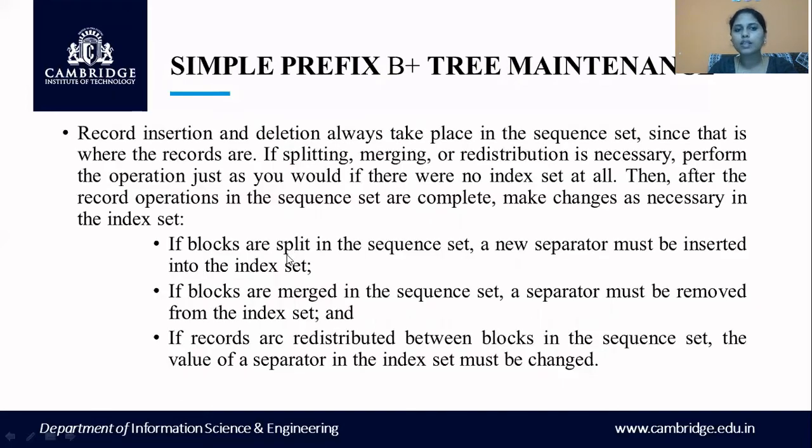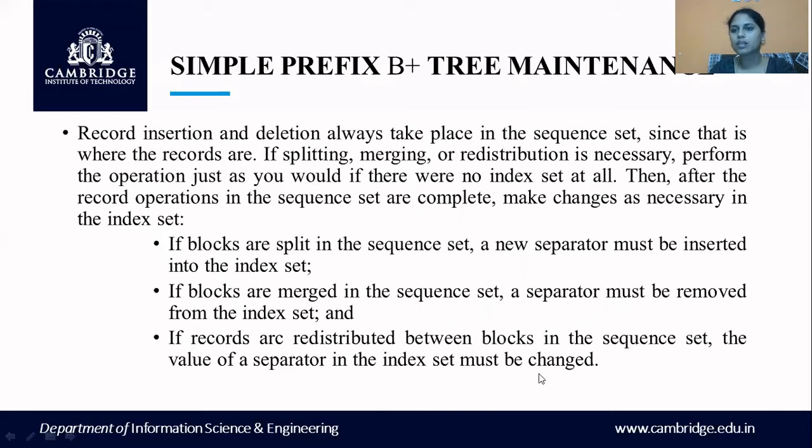If the blocks are split in the sequence set, a new separator must be inserted. What do you mean by blocks are split? There's a new block that is being added. In that case, you have to add a new separator. If the blocks are merged, that means one block is getting reduced. In that case, you have to remove one separator. If the records are redistributed between the blocks in the sequence set, the value of the separator must be changed.